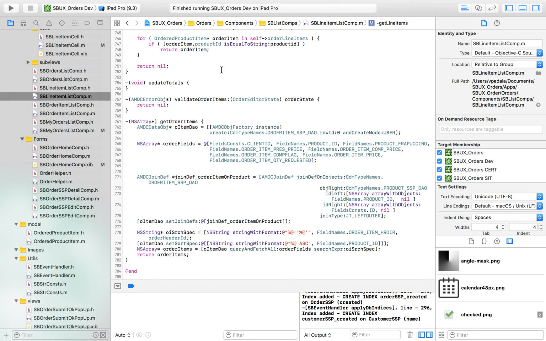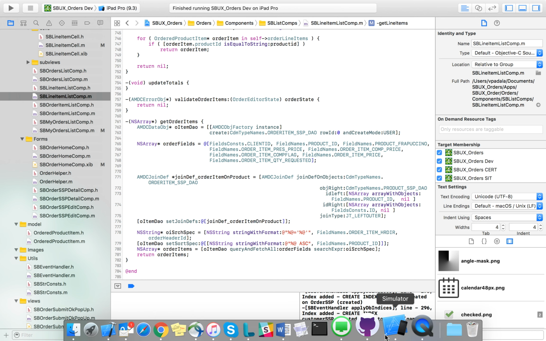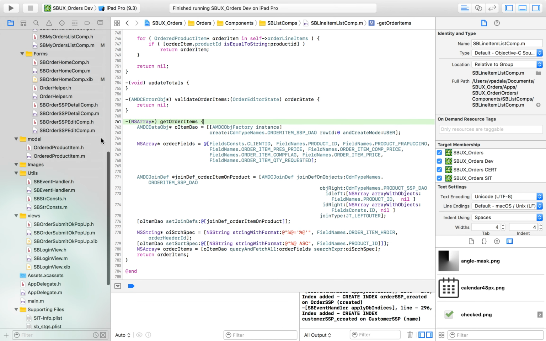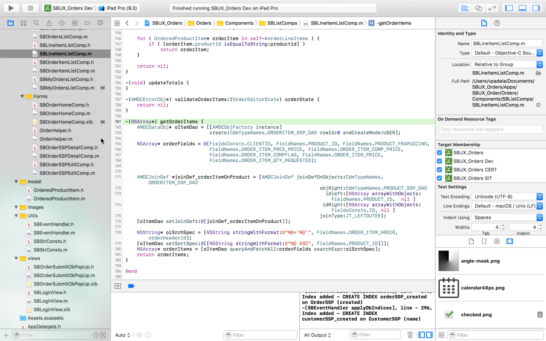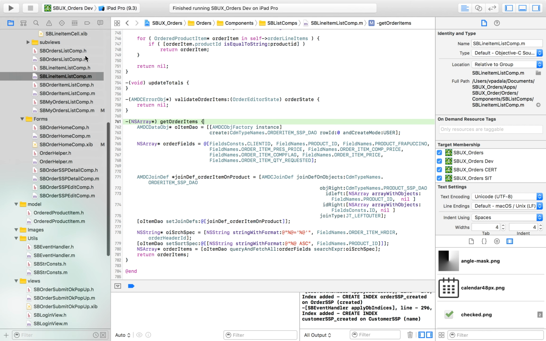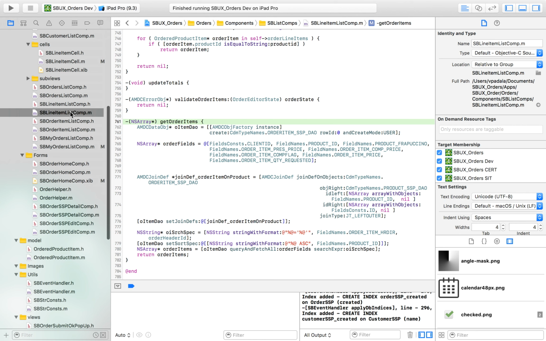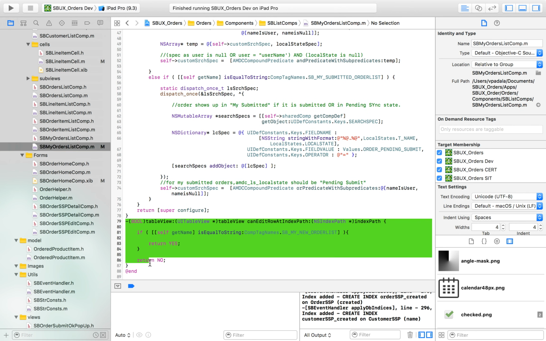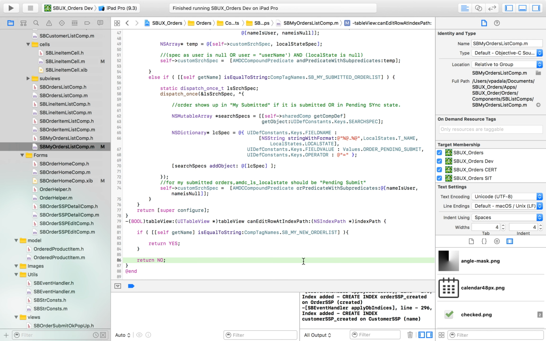The next one is deleting the order item. This enhancement is about to get into production, because for this we also need the server side criteria change and the server side change. I think the analysis is done on this one. From the device side, I have written the code, and the modification is right here. It's a bold table view. We are just giving the table view the power to